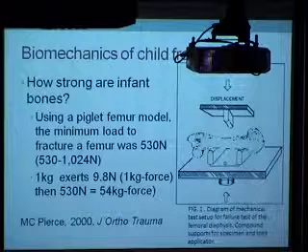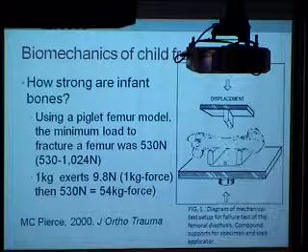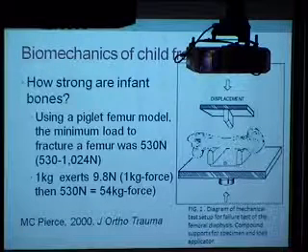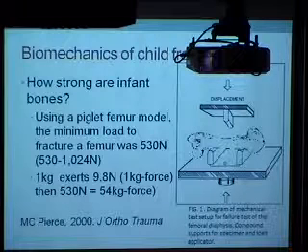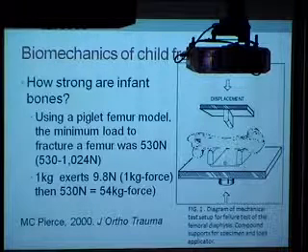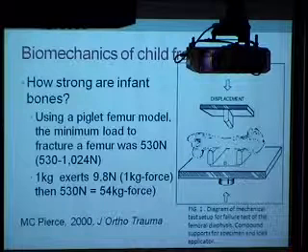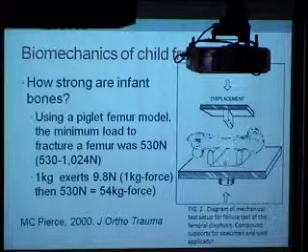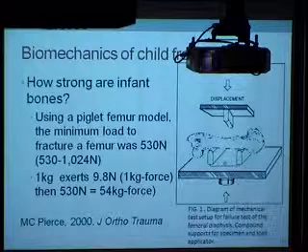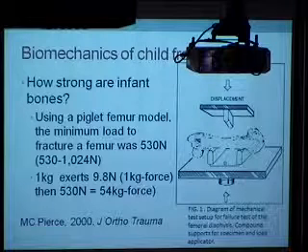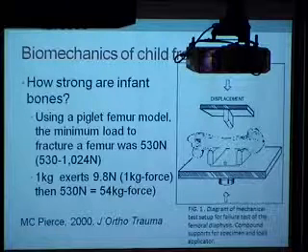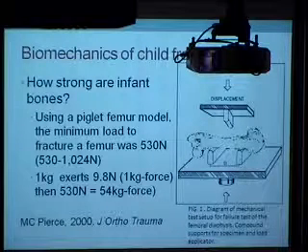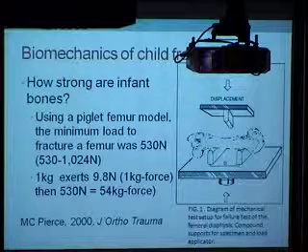So I'm going to attempt to talk about the biomechanics of fractures in children. There's not a lot out there, but again, Dr. Pierce in Chicago has one study out where she used a piglet femur model. So this is her diagram for how they did a transverse fracture through the femur. The piglet femurs were 3 to 12 months of age. This is the little mechanism that they use. It's a 3-point bending mechanism until the bone fractures.